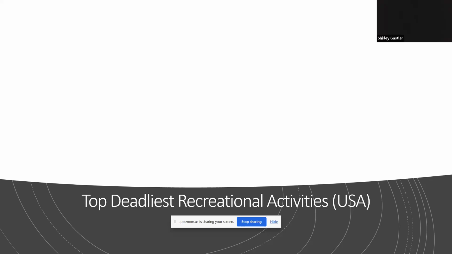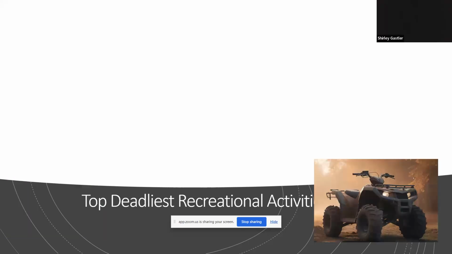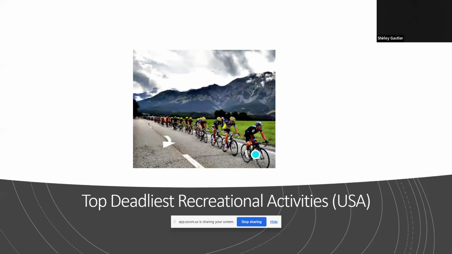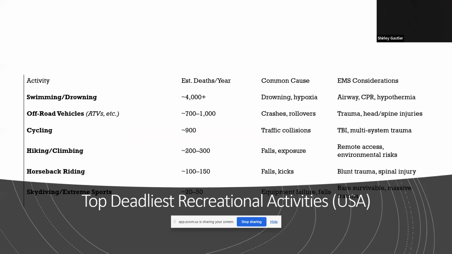Vehicles for sure. That's one of the most common. Swimming deaths. Swimming's on there. Jared says snow sports. Skydiving. Latrice says skydiving. Hunting. So swimming, drowning is one of the most common causes.